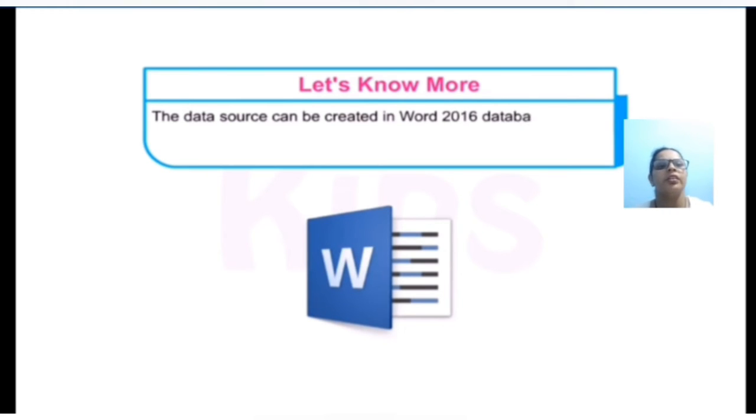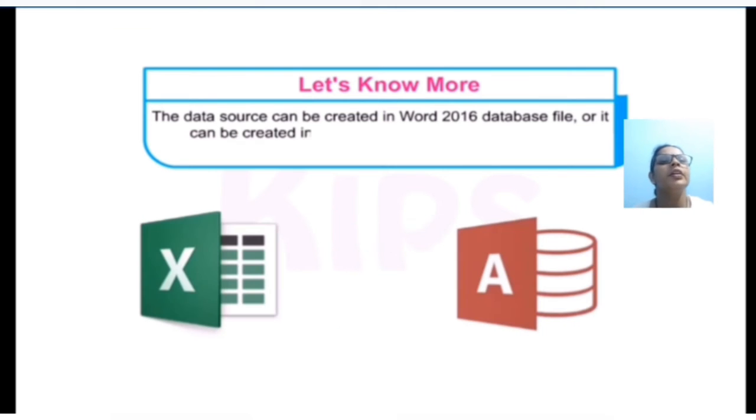The data source can be created in a Word 2016 database file, or it can be created in another application like MS Excel 2016 or Access 2016. You can prepare your data there.